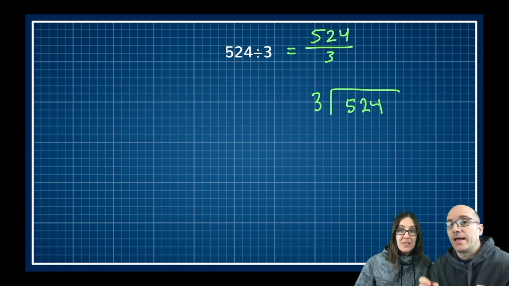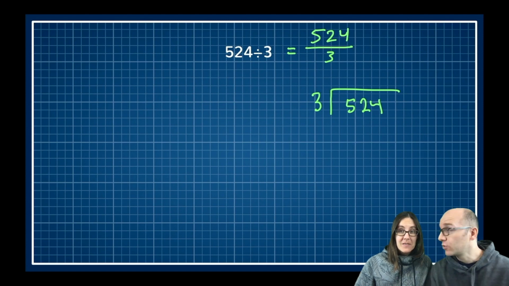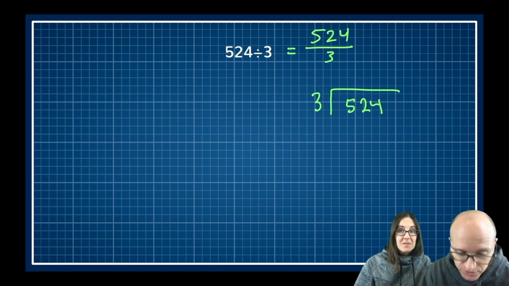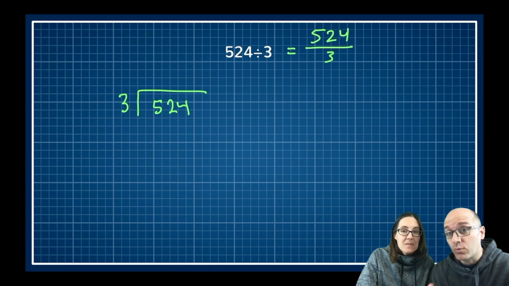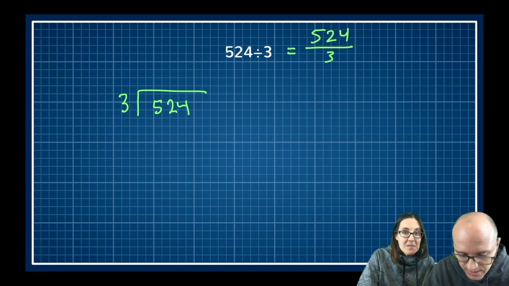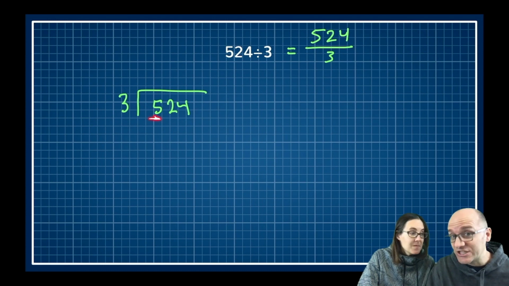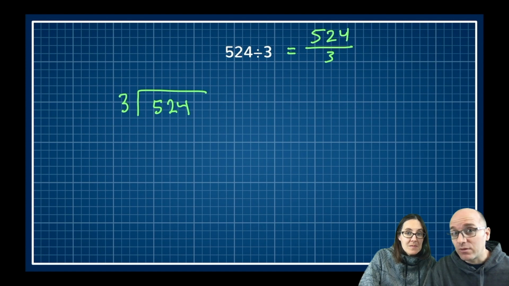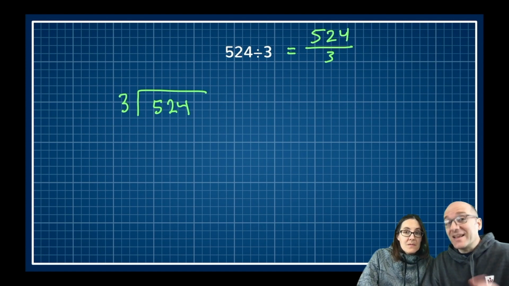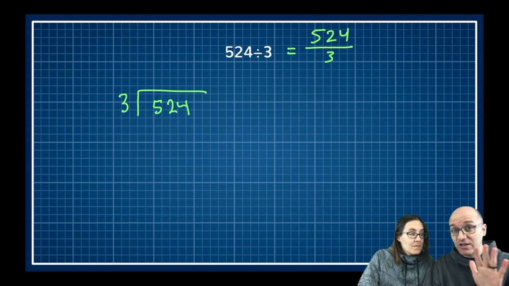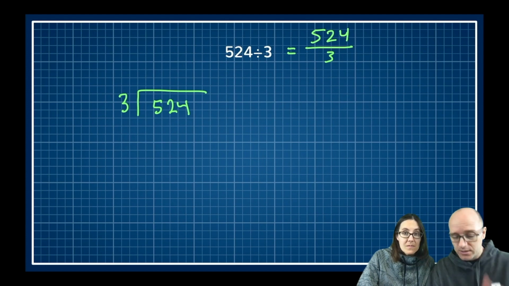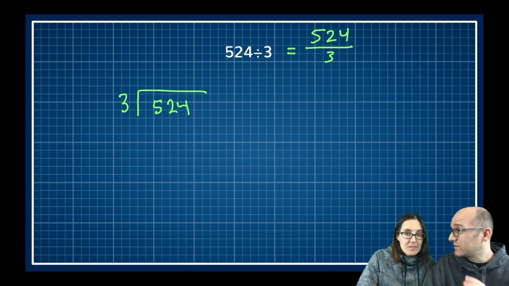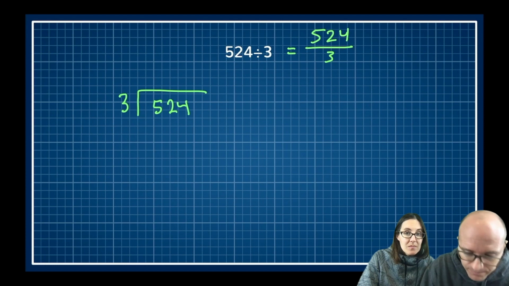That's right. And we're going to set it up this way so we can do long division. So to do long division, we look at the number 3, and then we come over here and find the first digit, or digits, that 3 would go into. In this case, does 3 go into 5? Not evenly, but the number 5 definitely has at least one 3 in it. Two 3s would be 6. That would be too big. So we say 1 time.